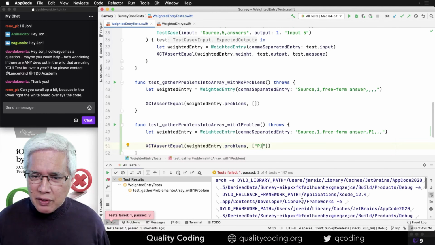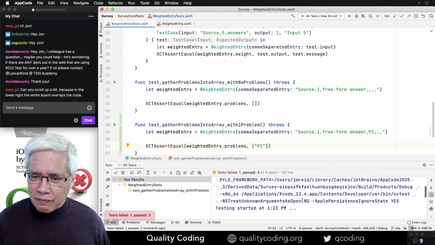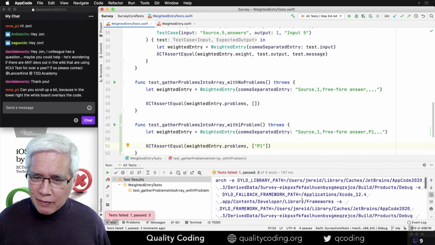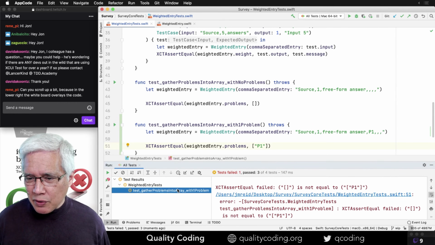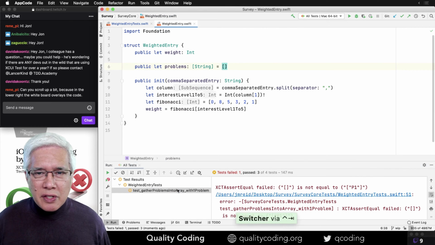I wish that I didn't see all this gobbledygook, that there was a way to suppress all this output. I suppose I can just click on the test there and jump to it. That's easier. All right, so now we've got the failing case, and now let's see what we can do.